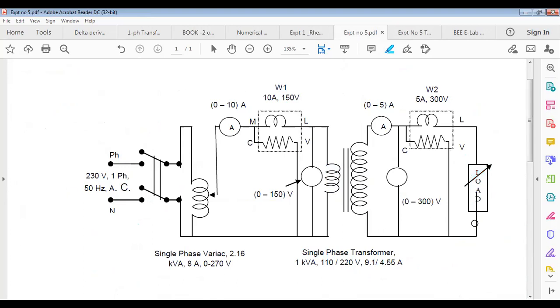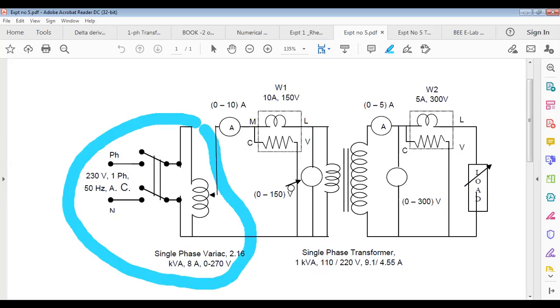Okay. Now for the transformer, how much voltage do you have to apply here? 110 volt. On the secondary, you will get 220 volt. Available everywhere is 220 volt single phase AC. Then how can you apply 110 volt? You can use a step down transformer, or another option is an auto transformer. So this is the symbol for the auto transformer. We'll see the auto transformer soon too. We'll show you the symbol of the auto transformer here. See, this is the auto transformer.